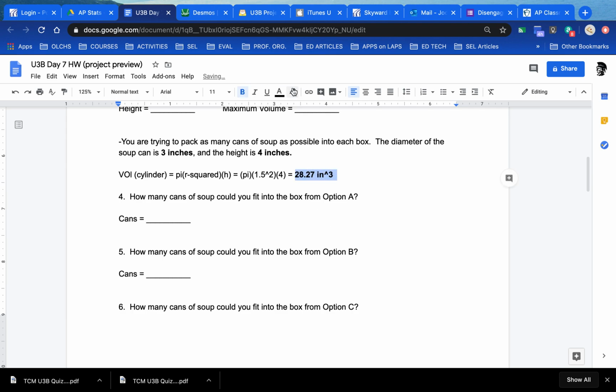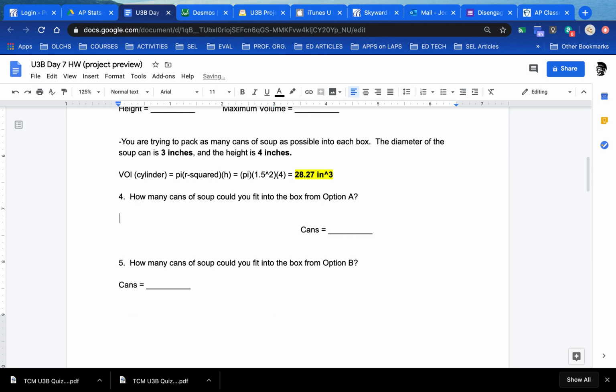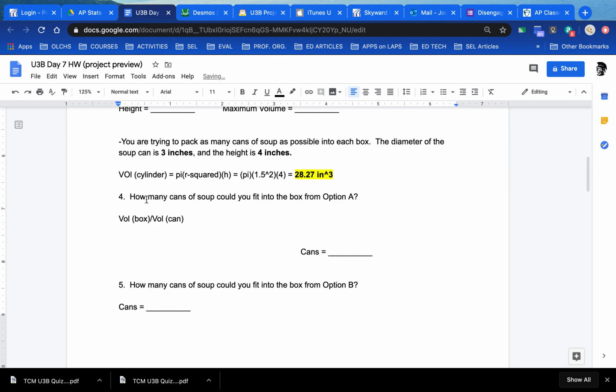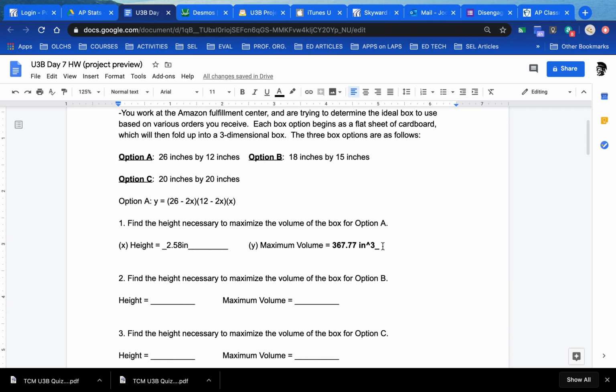Now, what's cool about that is you're going to use that volume of a can in part number 4, number 5, and number 6. How you do these questions now, numbers 4, 5, and 6. The whole point of this is that if you have a big shape, like a box, and you're filling it with smaller shapes, like a can, you're always going to put the volume of the box divided by the volume of the can. So basically, you're going to take your answer from up here,